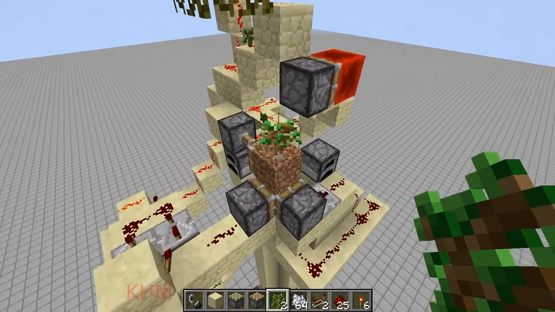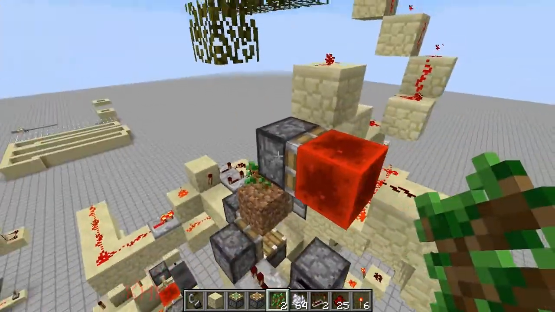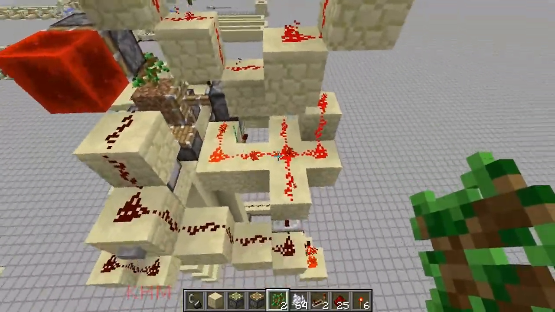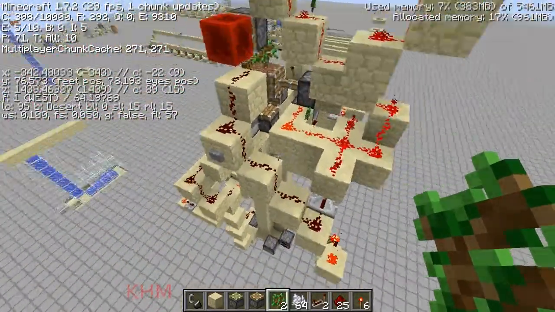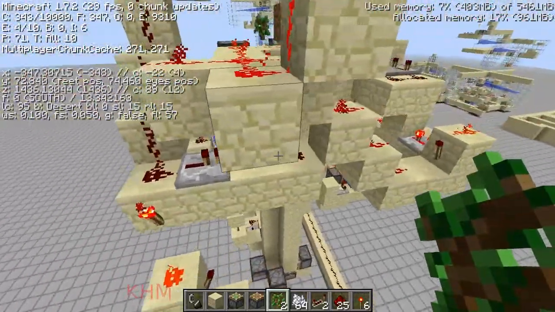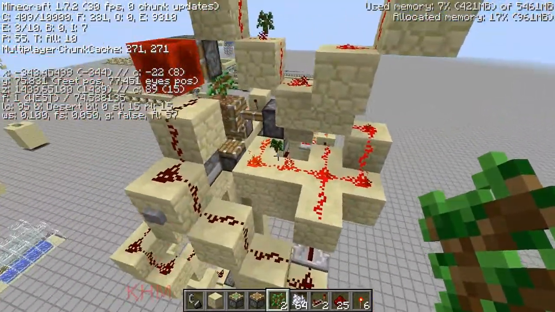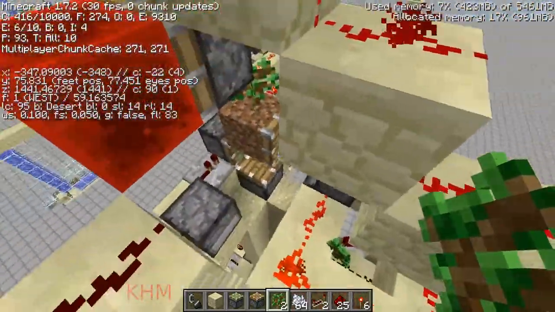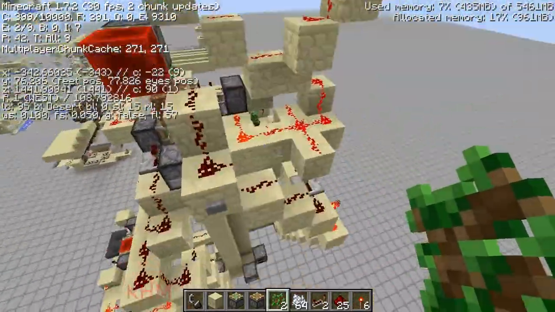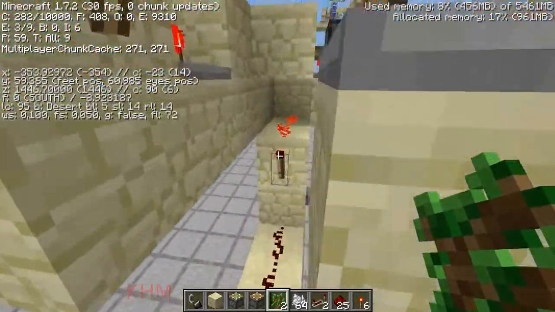So basically how this works is you have the sapling here on the dirt. When it grows up, it toggles this bud switch here, which triggers the whole thing. I'm getting screen tearing, I just realized. Okay, anyway. So it triggers the whole thing. First it comes over here, flips this RS NOR latch that's here, which causes this piston to pull the dirt back, and deactivates the signal to the bud switch. And the signal continues down here. Flips this RS NOR latch here,